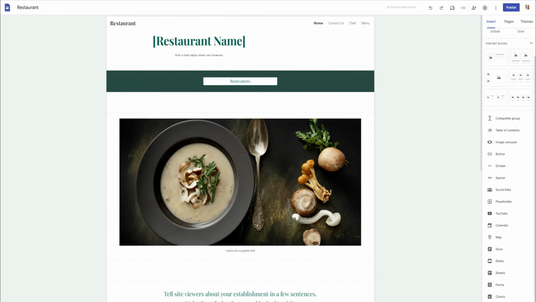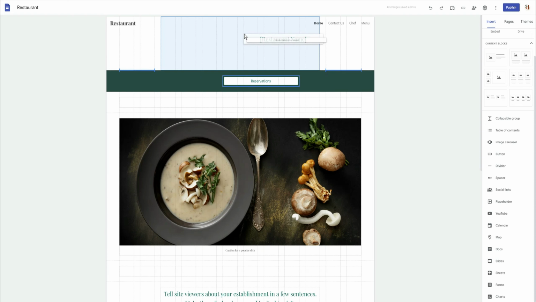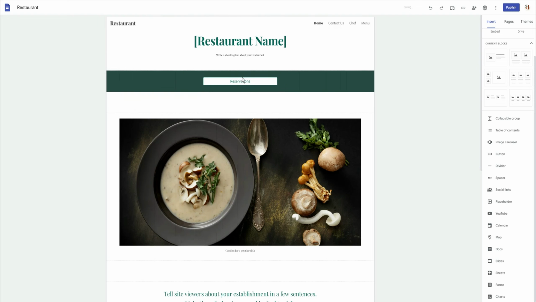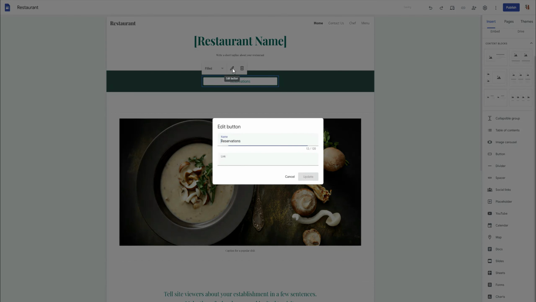Buttons are literally what they sound like. A button is here, a button is there, a button is everywhere. I'm going to move this back to the center, move this button here. Buttons, you can make them do a lot of things. You can actually make a button make phone calls. So if you wanted to make this be